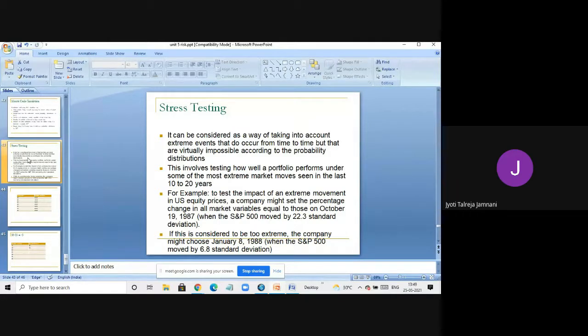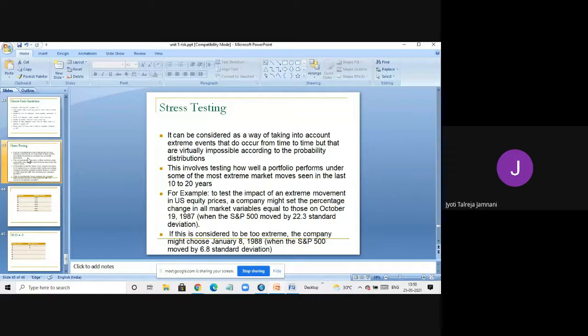Today the market price of Infosys is maybe 1350. At that time, in that worst situation, maybe the price was 800. So how much am I losing? Today my portfolio value is 1350, but in the worst case it was 800. So what is the maximum loss? Why are we doing stress testing? So that we get to know, if that situation occurs again and the market becomes that bad, how much I am going to lose. So you're finding the value at risk in the worst situation, or actually finding how bad things can go. It can go as bad as it was then.